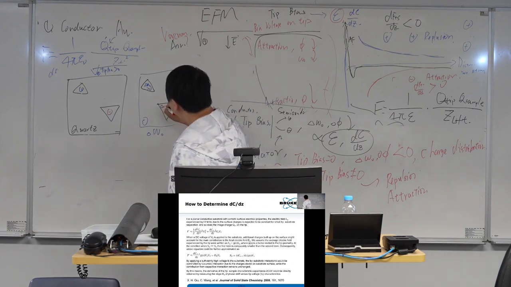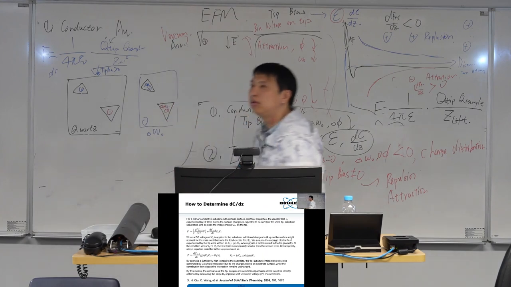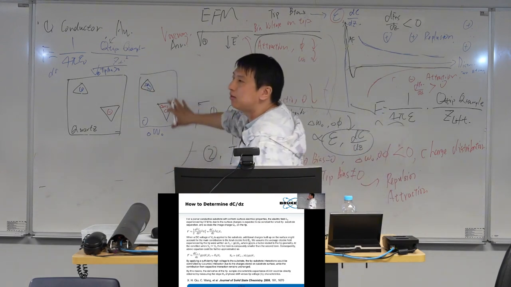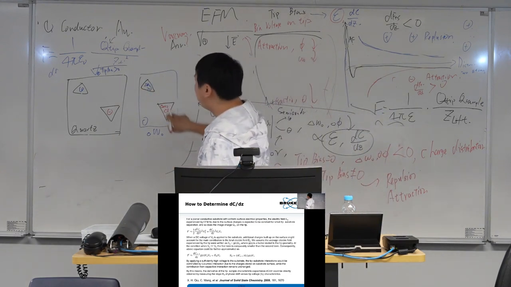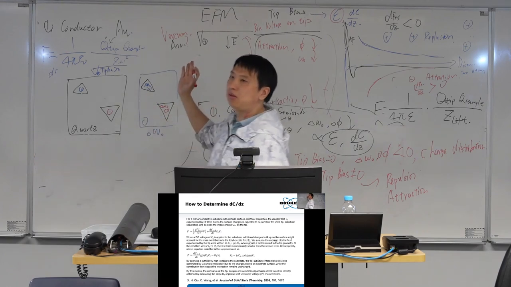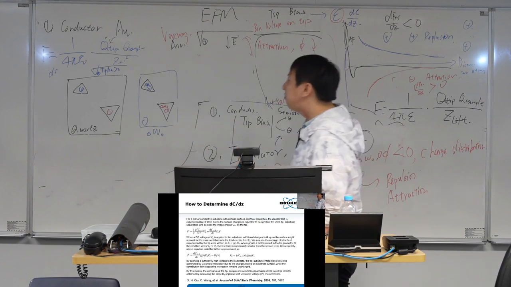The delta omega 0 is negative. If this will be your final EFM results, you will get two triangles. One is positive, one is negative. The background is 0, something like that. But at this time,